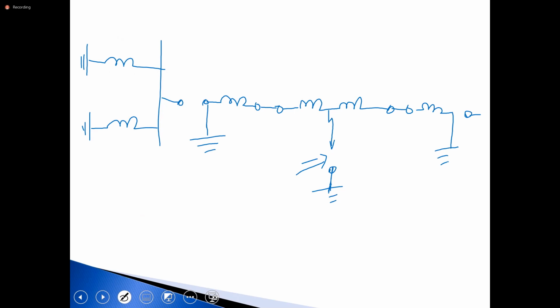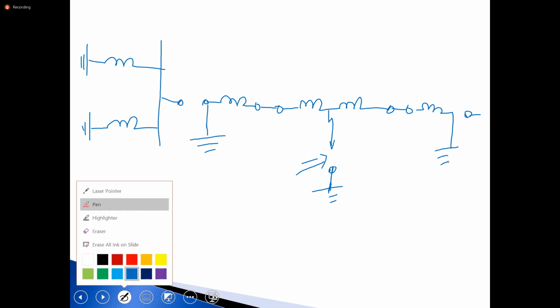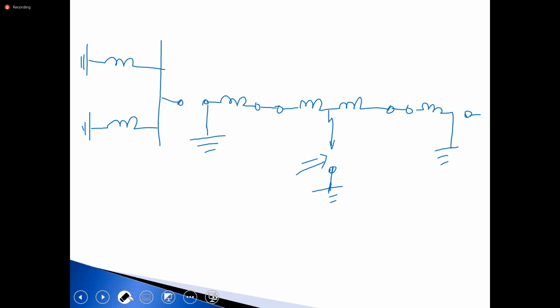Then for the load, hold on. Whoa. I overlooked something. It is still correct. It's just that I overlooked a reactance. All right. Nothing that I have done so far will change. So we have the line, the other half of the line. All right. Now for the transformer,